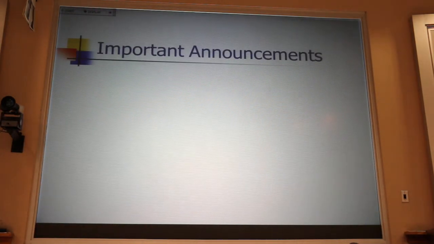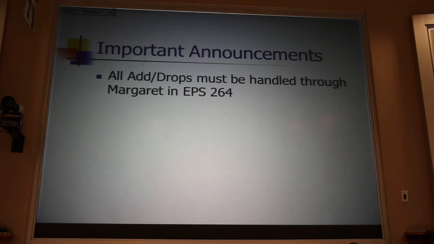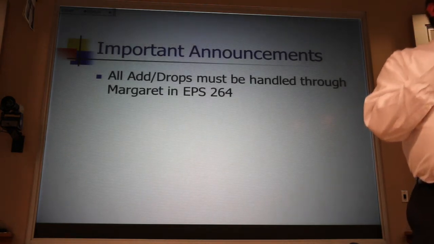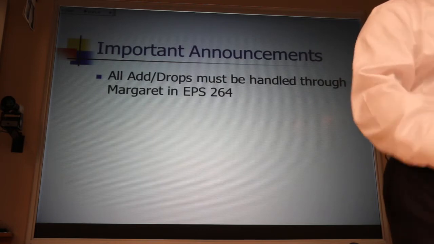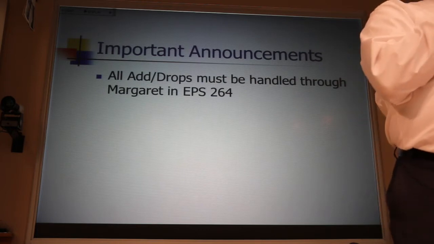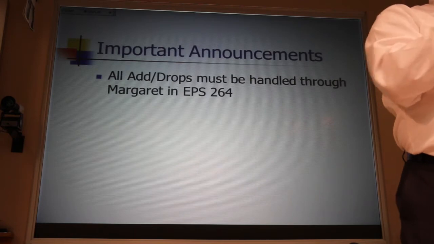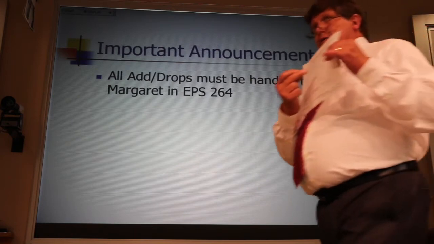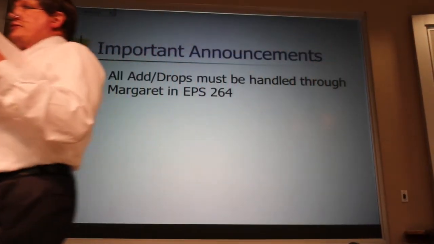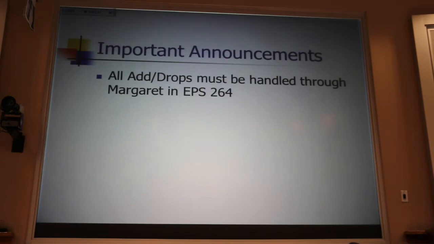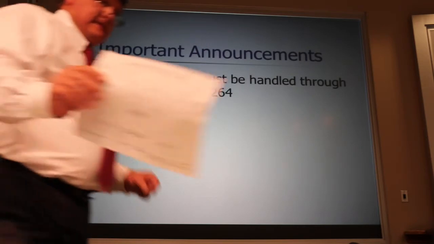I've got some announcements to start with. The first announcement is that if you want to change the section that you're in for your lab or for the lecture portion of the class, you need one of these add drop forms, but my signature is not required. In the physics department, they use a multicolored stamp, and Margaret in the physics office wields that power. She's in room 264. You go up the stairs, first door on the right. Margaret's the one behind the long desk, and she can take care of that.